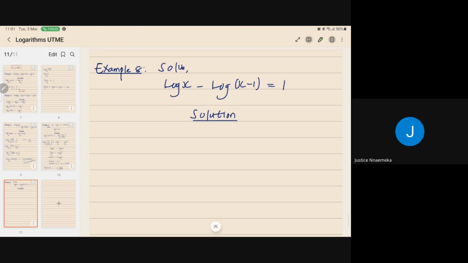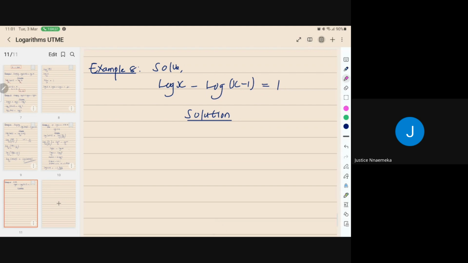The work has been made easier already for you. So now the remaining expanded form will be condensed. I'm going to apply the division law. So the same thing as saying log of x all over x minus 1,